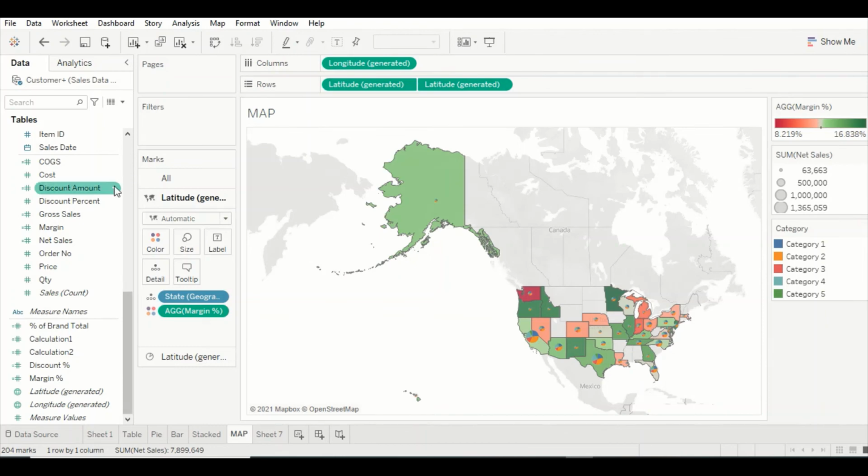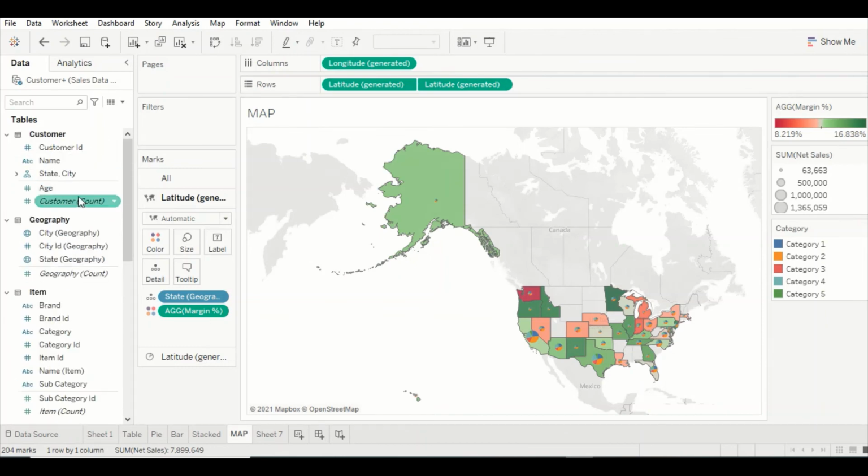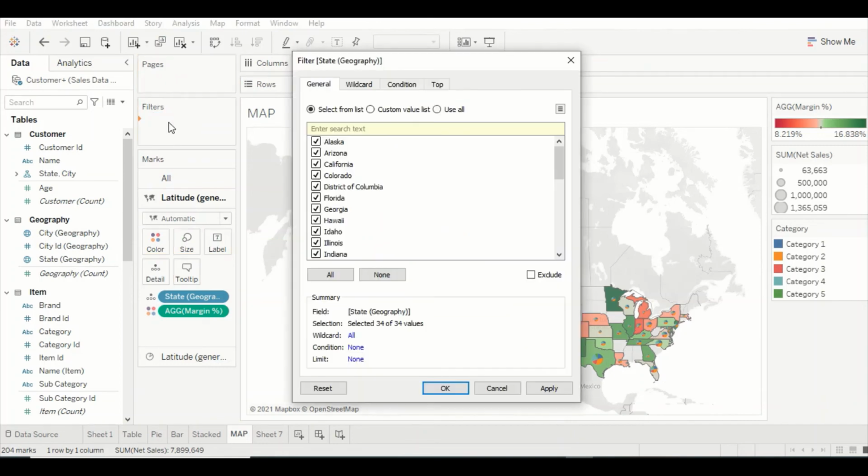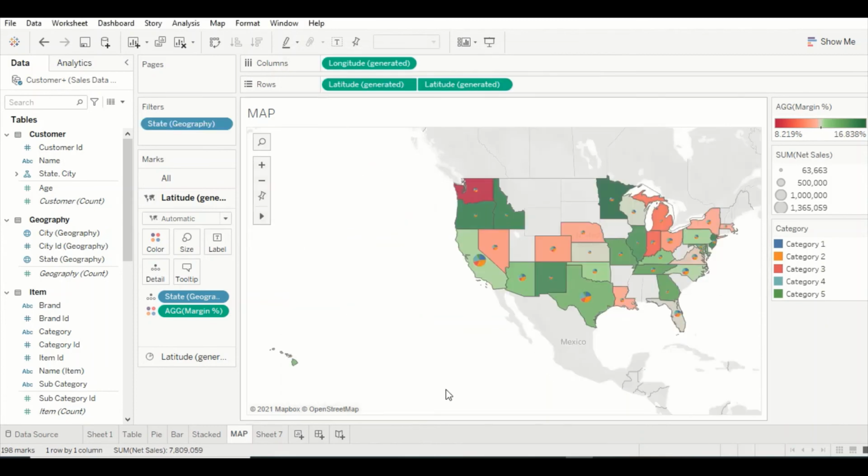Is it possible to remove this and see only that portion, because that sale is something I don't want to include? One way is that I exclude: I say select none, click exclude, and click Alaska. Okay, now I am getting only the portion of the map that I actually want to focus on in terms of sales. We know we have a pretty high margin there, but our sales were pretty low, so we don't want to consider that right now. The rest of the other things we want to consider here.